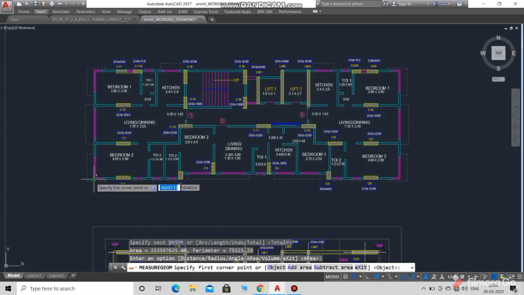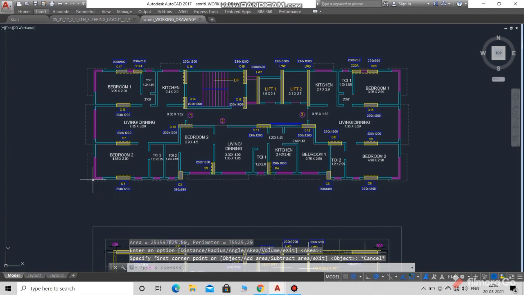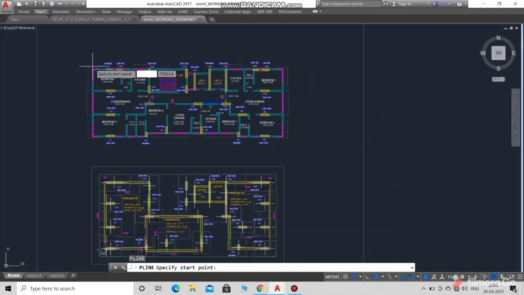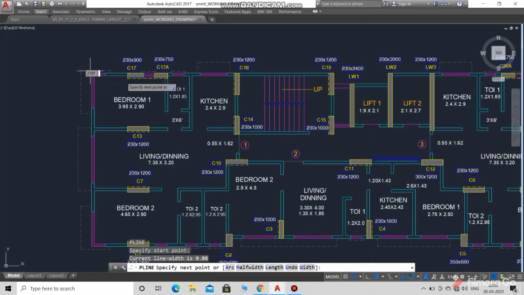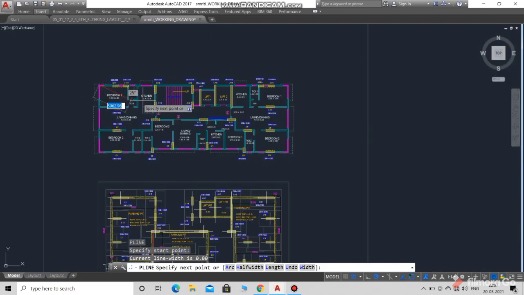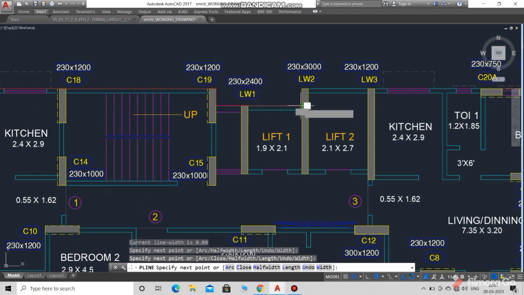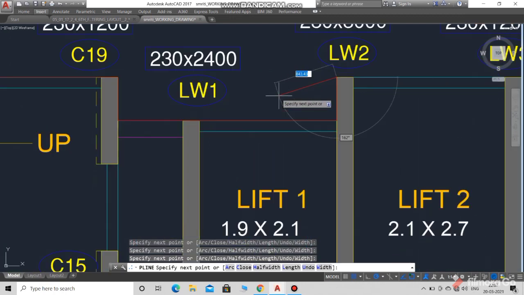So guys, now another method, a third one, is very useful and it is a permanent method. You can keep it in your drawing by saving it, and you can easily measure area by one click. I prefer the P-line method for area measurement.